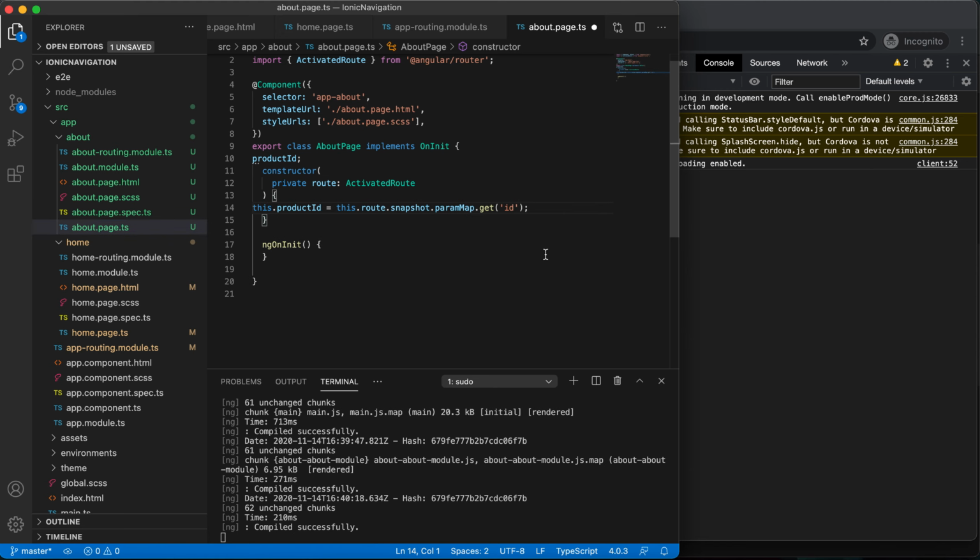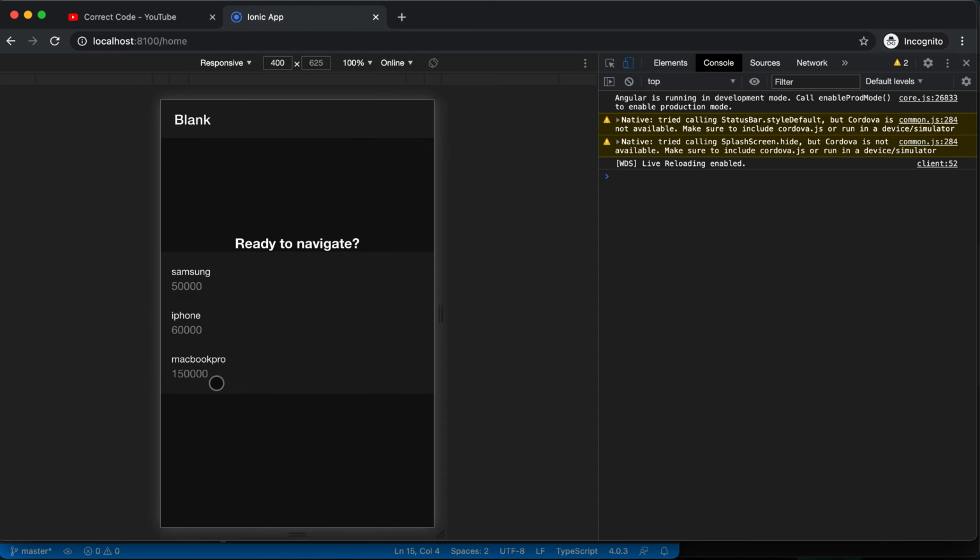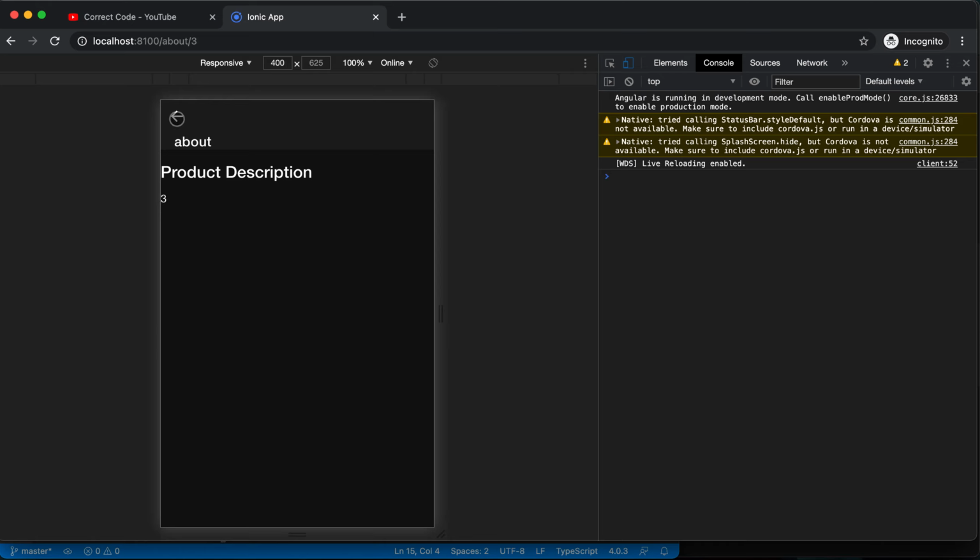We are going to get this ID, save it and click. See, we have got the one. I forgot to save the page. See, we have got the IDs, right? 1, 2, 3, right?